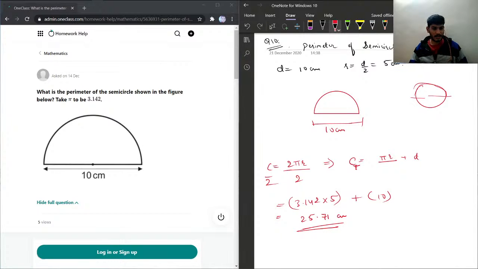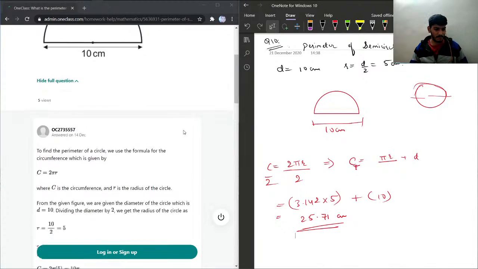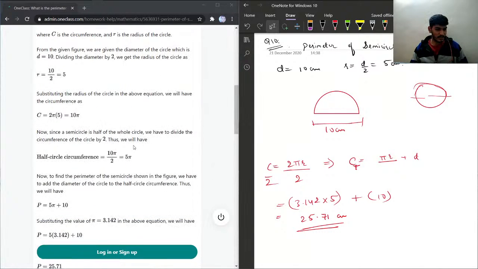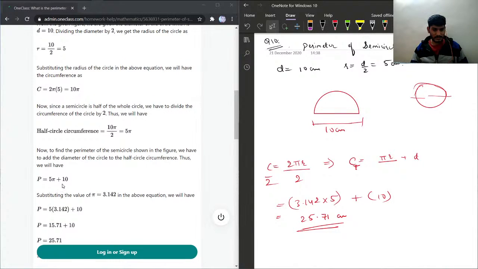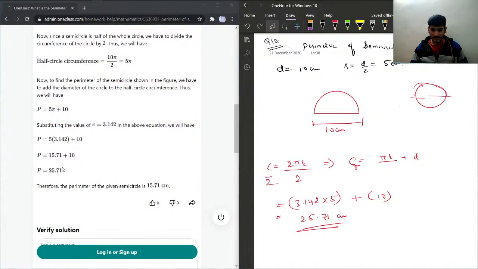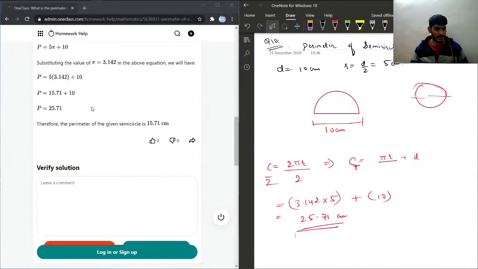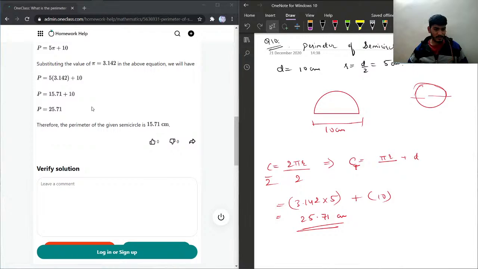centimeters. We should always remember that the diameter is given in centimeters, so we have to put the units of this perimeter. So C is 2 pi r, where C is the circumference and r is the radius of the circle. Then half the circumference is 5 pi, and then we'll add the diameter, and this is 25.71 centimeter. Therefore the total perimeter will be